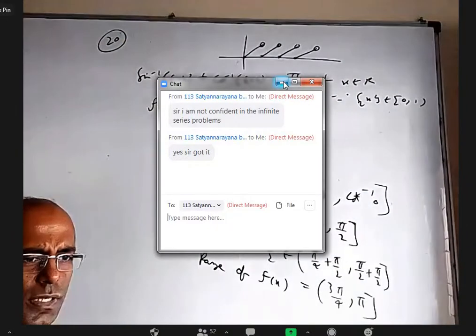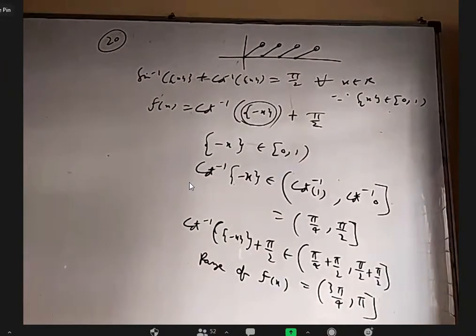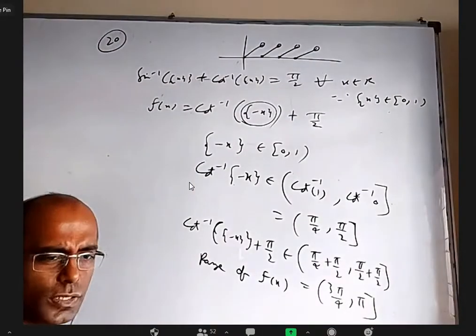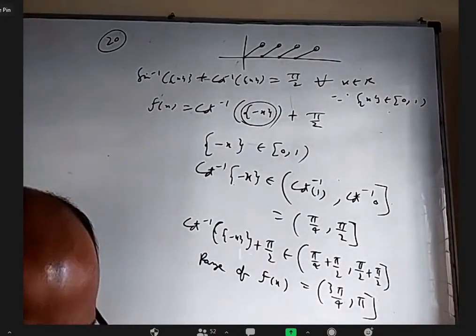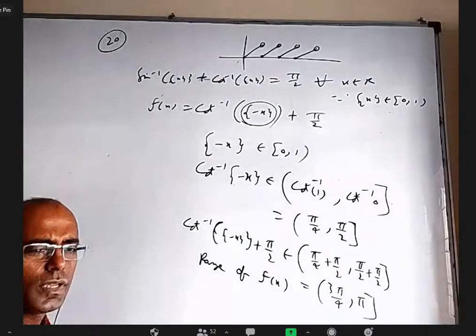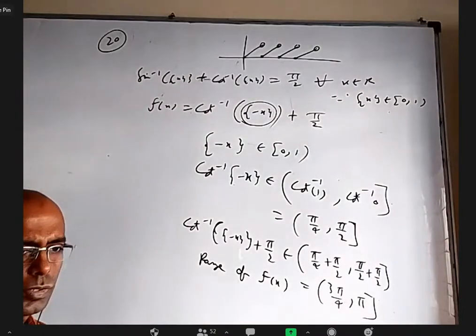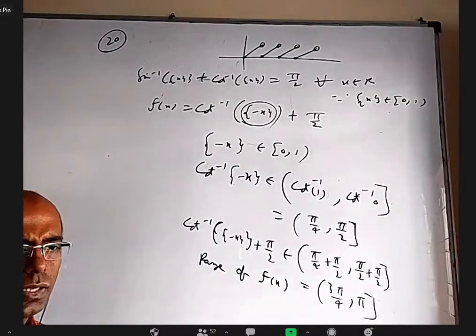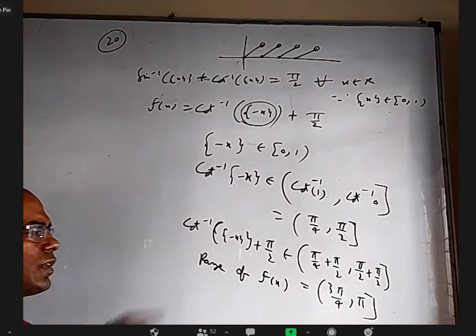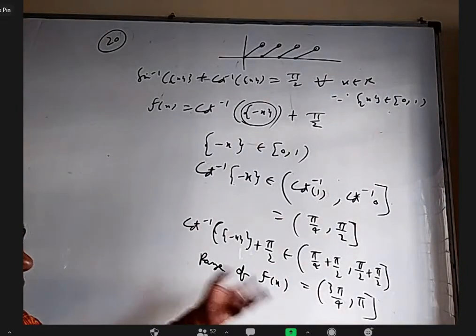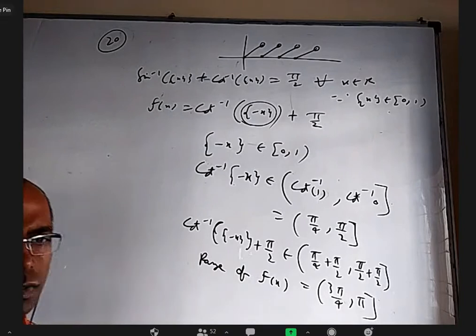Some parts of trigonometry may be easy because there is a simple formula, just use it, don't worry what is the significance and all. Some questions need some idea about how to do it in a particular way, or it is not just a formula, you should have some maturity about the function, some idea about the graph or how the values are changing and all that. That part somebody may feel a little bit of difficulty. Using it more times will give you a better confidence.